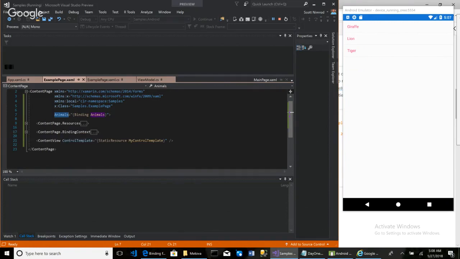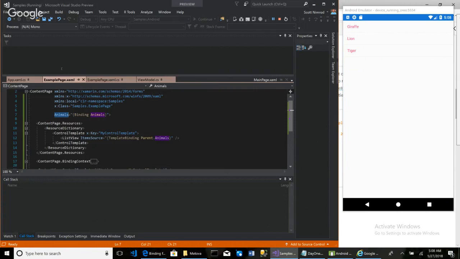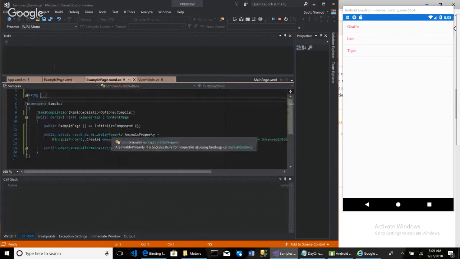So if we look at this over here, within our control template, list view's item source equals, instead of binding, we have template binding because it is a control template, right? So we say item source equals template binding, and we bind to the parent dot animals, in which the parent of this control template is the content page. And this content page has a property called animals, right? That's my understanding, okay? And this animals is defined as a bindable property within our code behind of this page,